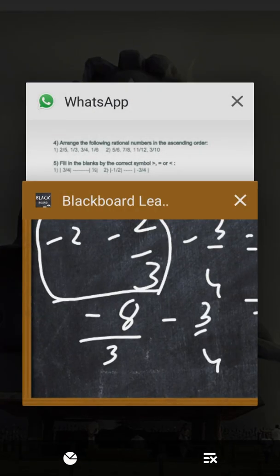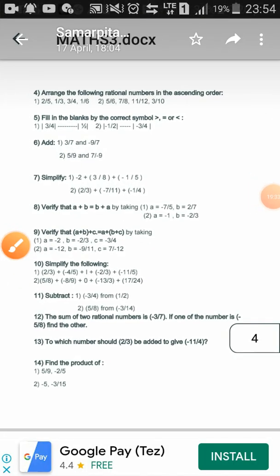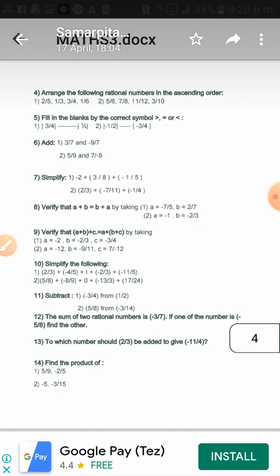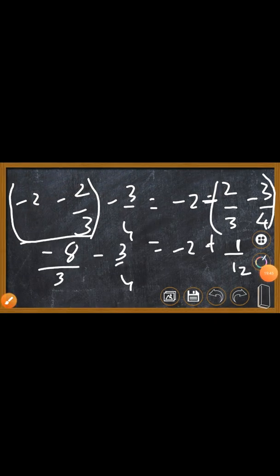Wait, one thing, I need to check this. So minus, yes, signs and everything I've put it correctly. Yes, so what is this? 12, and then 4 3s are, here the LCM is 12. Yes, here the LCM is 12, 3 fourths are minus 32 and minus 24. What is minus 32 minus 24? Minus 32 minus 24 is minus 56. Yes, this answer is minus 56.